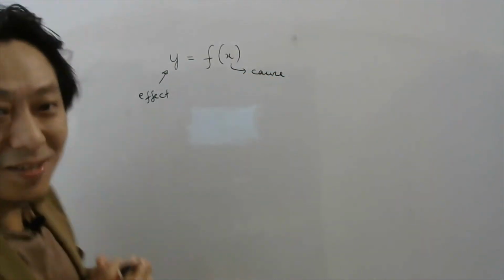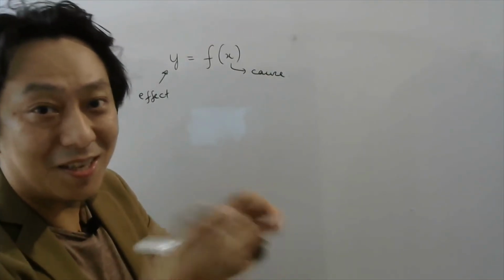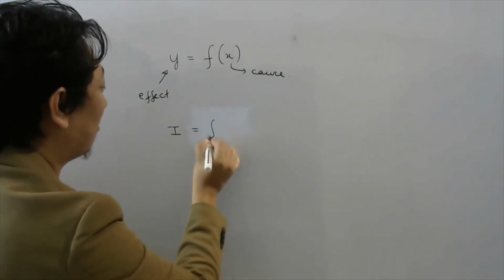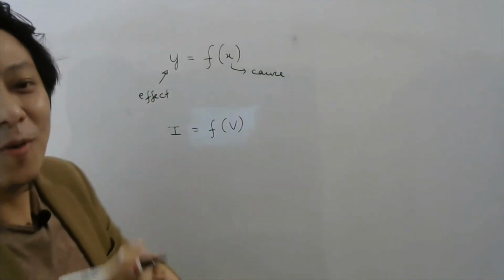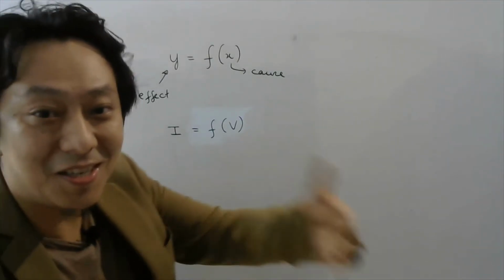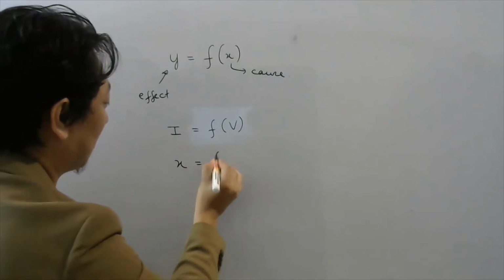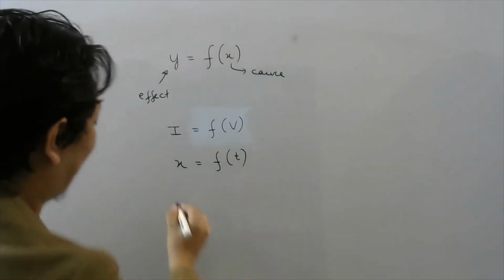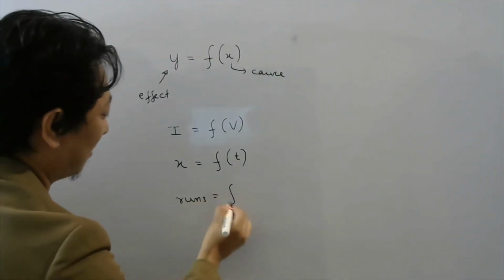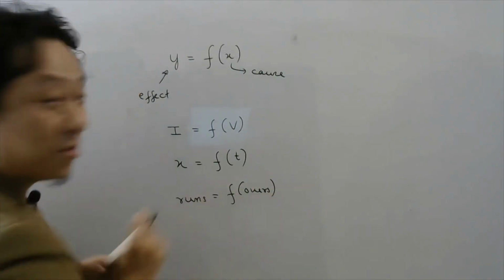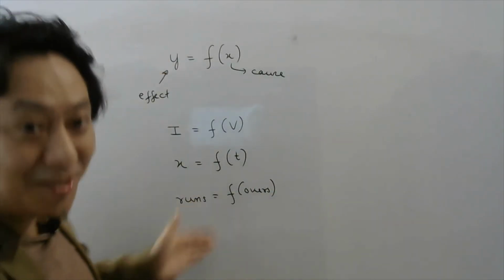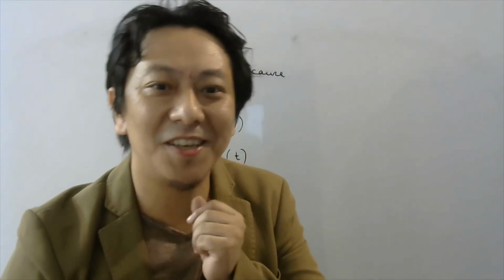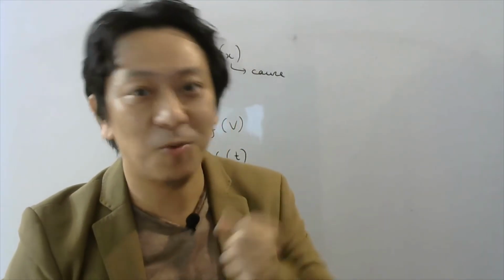So in school days, when you apply a battery to a resistor, current flows, isn't it? So the current in a wire is a function of voltage, right? Similarly, when a person is running, his distance changes with time. So his distance from origin is a function of time. And in cricket, the runs change with overs, right? So now when your y changes with x, sometimes you will be interested to know at what rate y is changing, how fast y is changing.